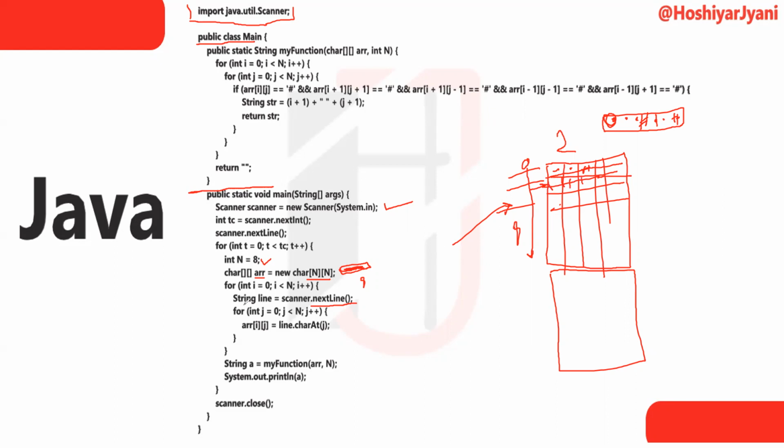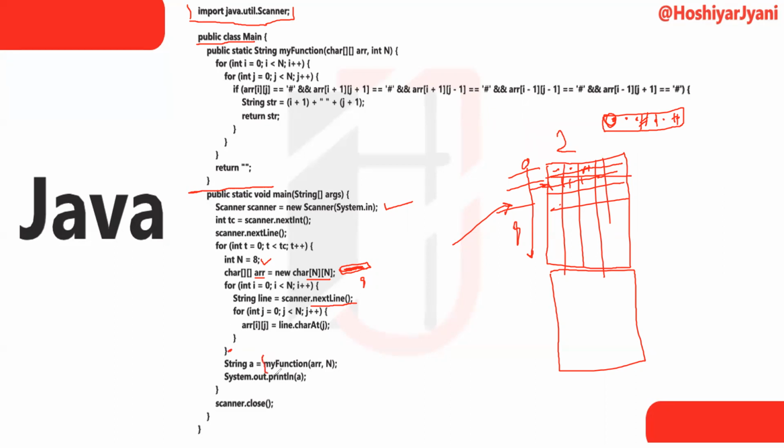Like in the for loop, you can see here j is equal to 0, j less than n, and we again fill the value in our matrix. So these are the two for loops for filling the values in our chessboard. After that, at this point our chessboard is created, and